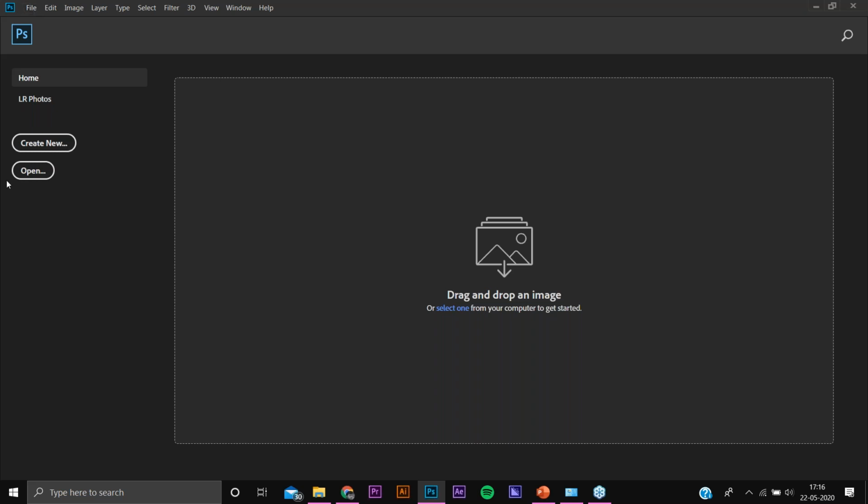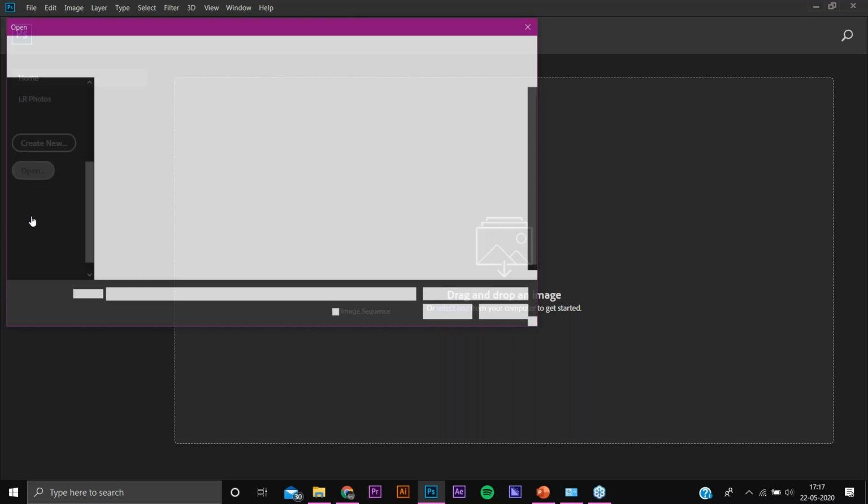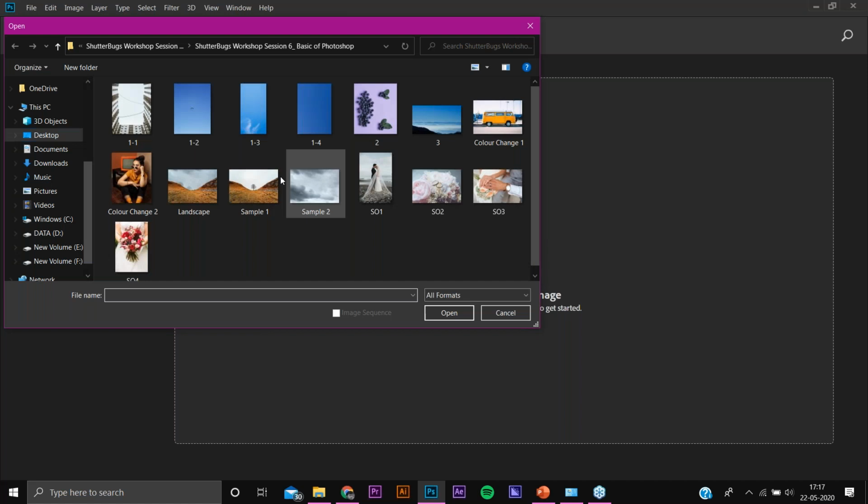Okay, now we will open the image. Over here we have an option written as Open. In the morning, I shared some photos with you all for editing purposes, so we will be adding a few of them. Now I think it's showing Open.